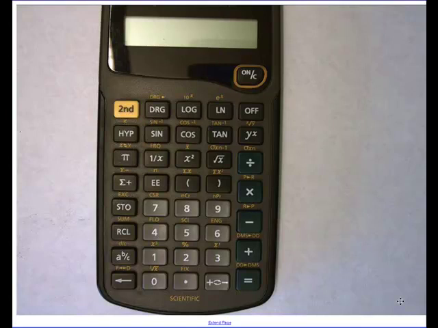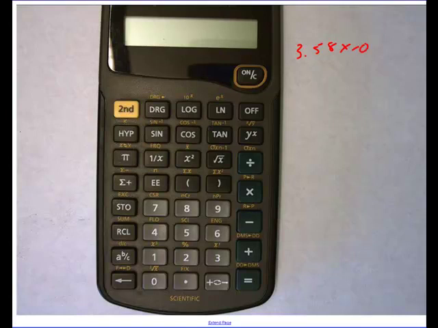Now I've got pictures here of 4 different calculators, and it covers a wide range of the way the manufacturers make their buttons. So if by some chance you couldn't find these on your calculator, please see me as soon as possible in class. So let's look at a number, something like